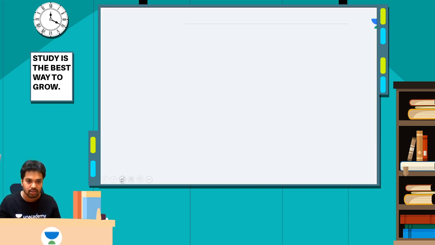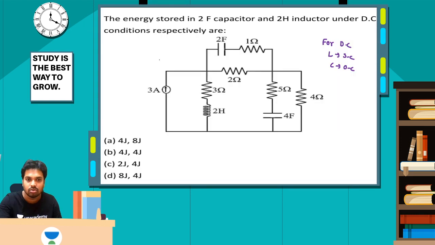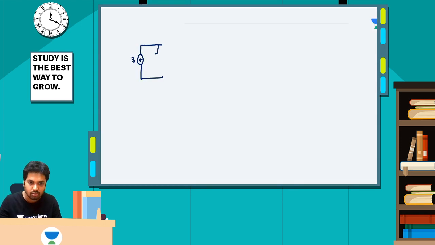Let me do that. You have 3 amperes. Very good. Then you have 3 ohms. Replace inductor with short, I'm sorry, capacitor with open.